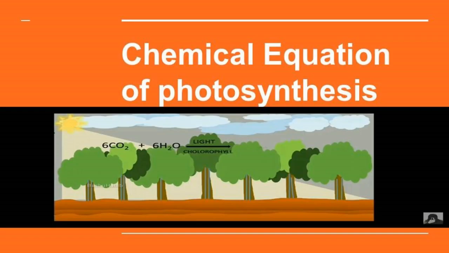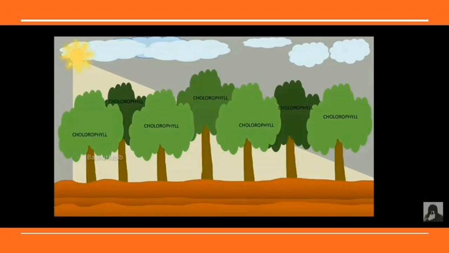Now we are going to see the chemical equation of photosynthesis. The carbon dioxide plus water in the presence of sunlight and chlorophyll pigment. The chlorophyll pigment comes from the green colored plants. In this picture, we can see the chlorophyll. Chlorophyll is a pigment which is green in color. It is obtained from the plants. Photosynthesis needs sunlight as well as chlorophyll pigment. Then only photosynthesis takes place. Without sunlight, without chlorophyll, photosynthesis does not take place.